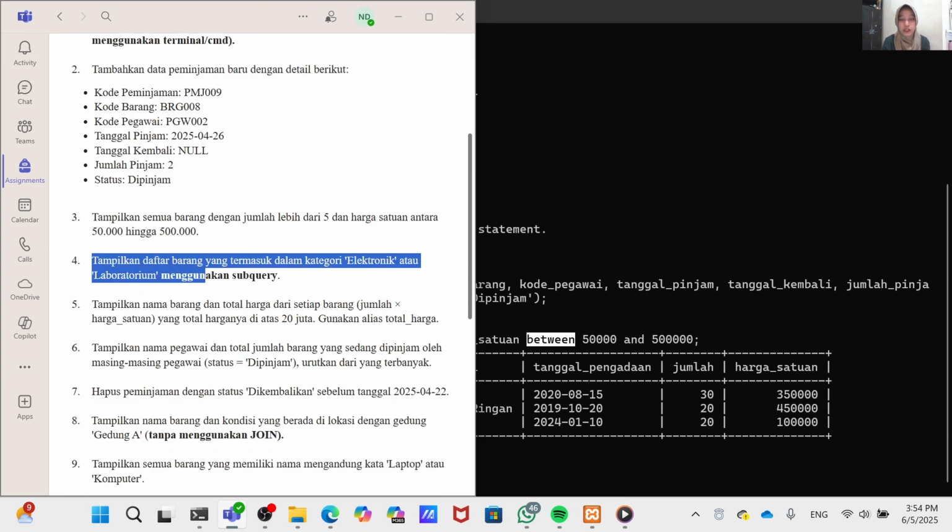Number 4 is display items in electronic or laboratorium, use subquery.